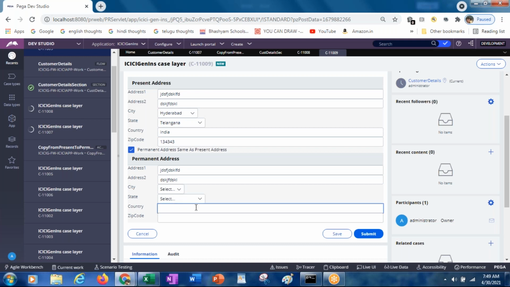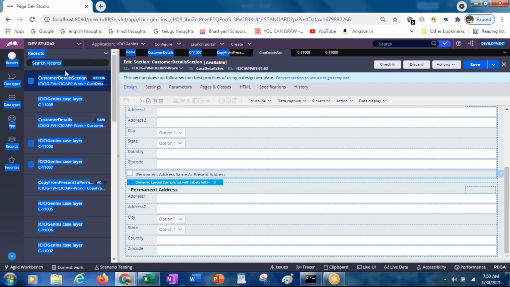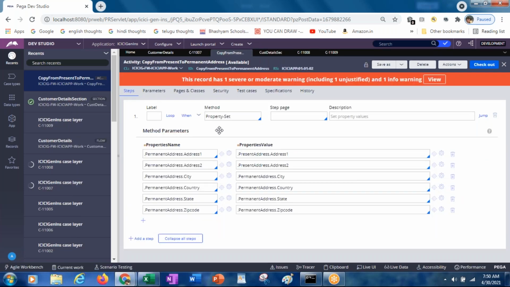Why are the country and the zip code not populated? Did we make any mistake? Copy from present.